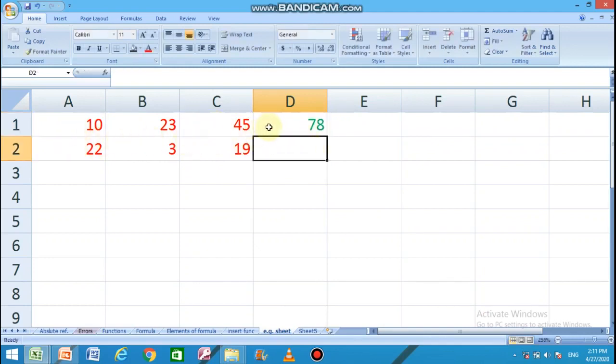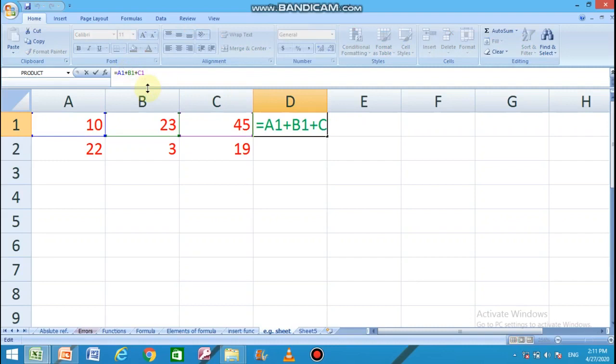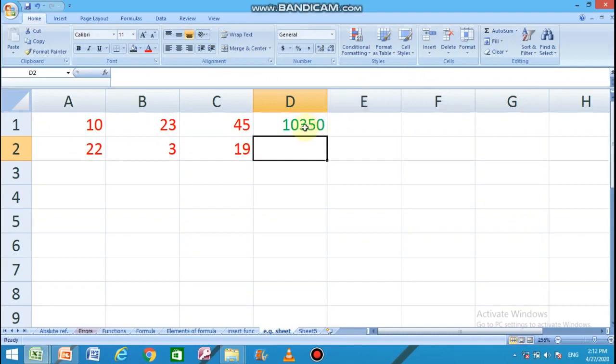To obtain the result, the formula which I entered here is actually a basic formula, and in this formula only the plus operator is used, means only one type of operator is used. Let us change it to multiplication operator. Press enter. Now we have got the multiplication result. We have changed the formula, but again the formula is a basic formula because only one type of operator I have used here, that is multiplication operator.